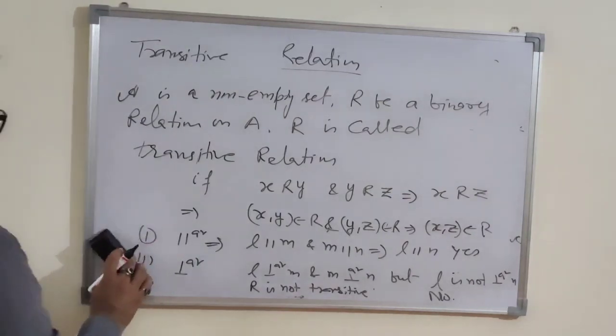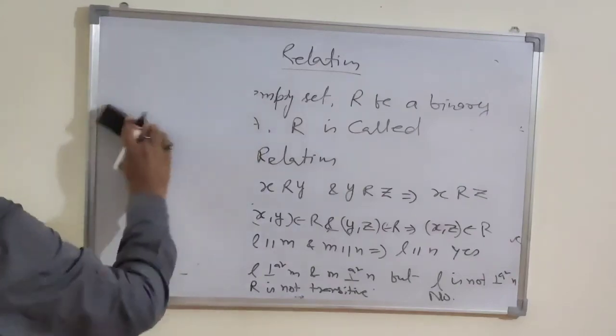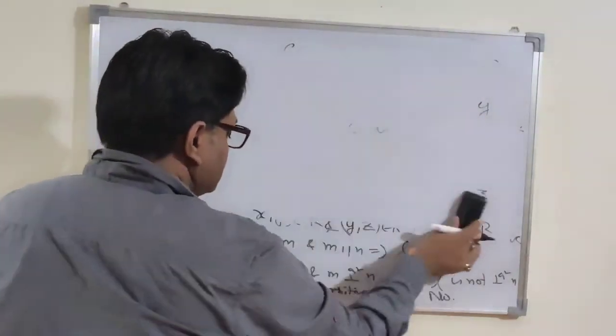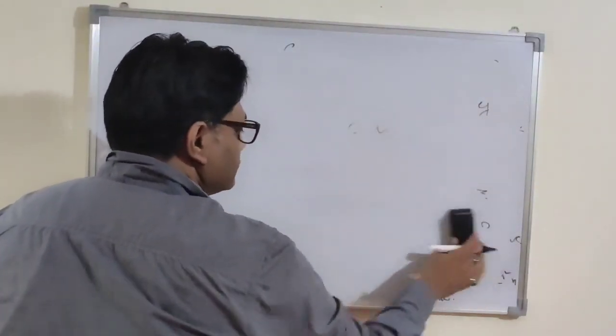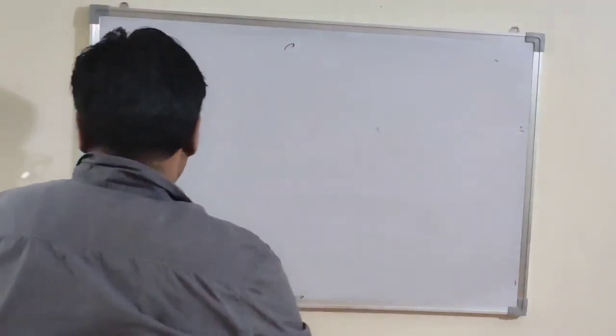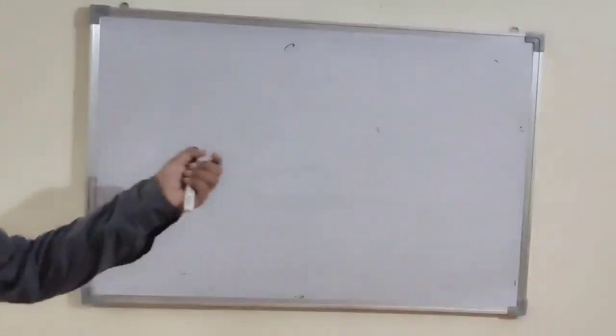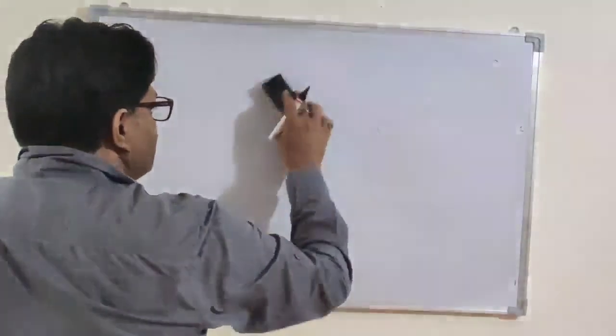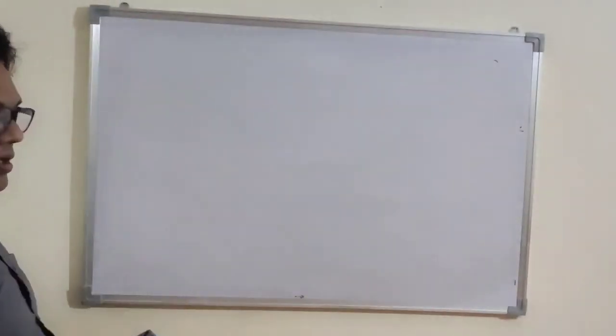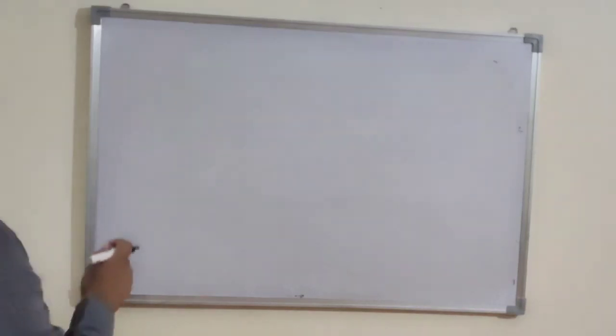Now, these are the four most important properties, and on these properties, the next is the equivalence relation. When a relation is